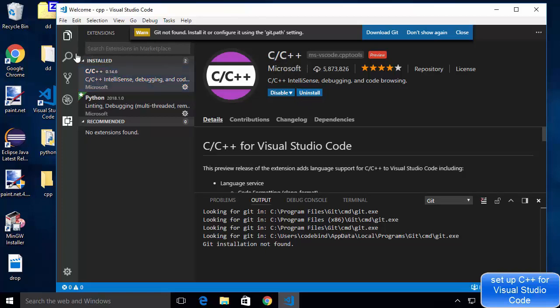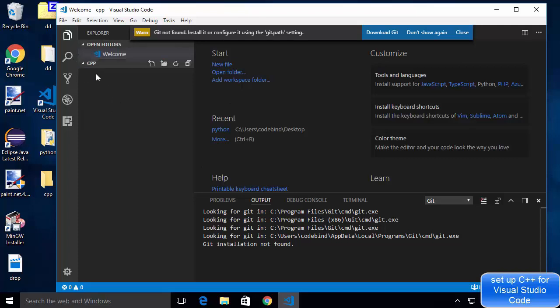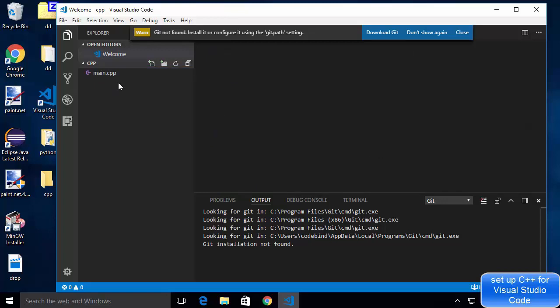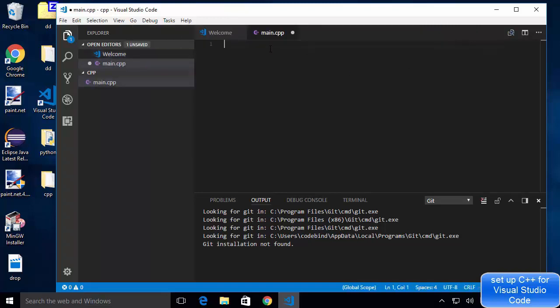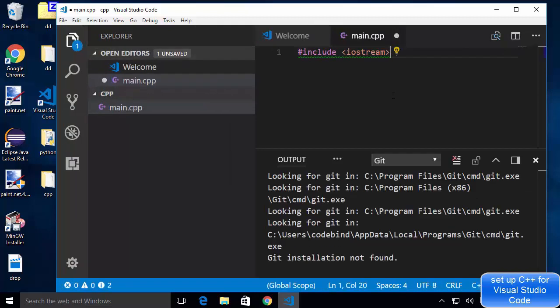So let's create some code. Inside this CPP folder, I'm going to create a new main.cpp file, and once this file is created, I'm going to write some code here. I'm just going to write include iostream, and let me make the font size a little bit bigger so you can see this.